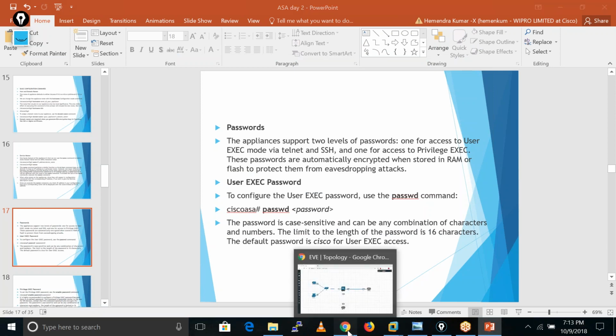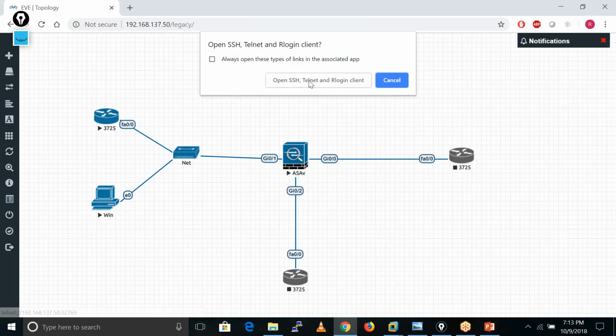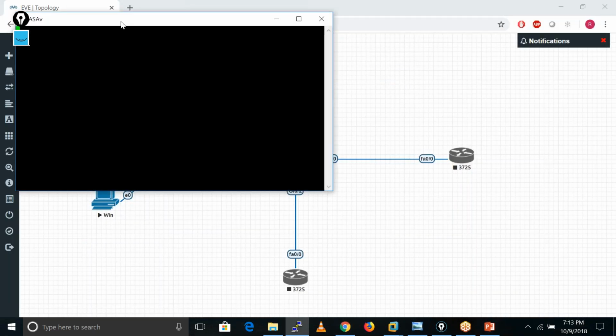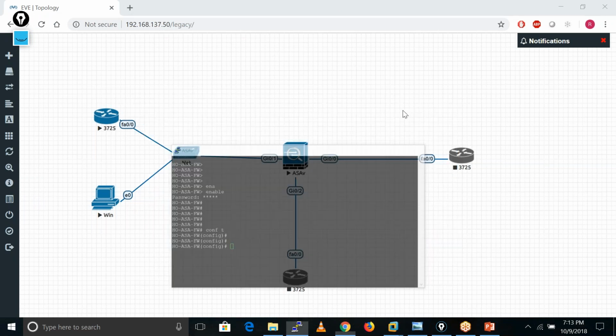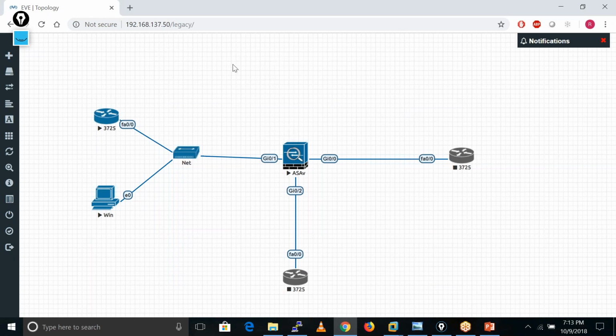Let me try if here it will work or not. Let's see. No, in our case it does not work because I am using the VMware stuff there. Here I enter my password, which is Cisco in our case. So I'm telling you, if you are getting that console access the first time, at that time you have to define this password. Otherwise, you are not able to get the access of the ASA firewall.